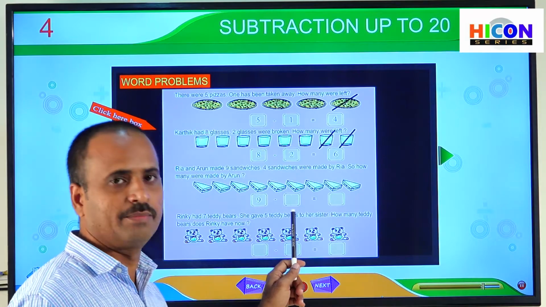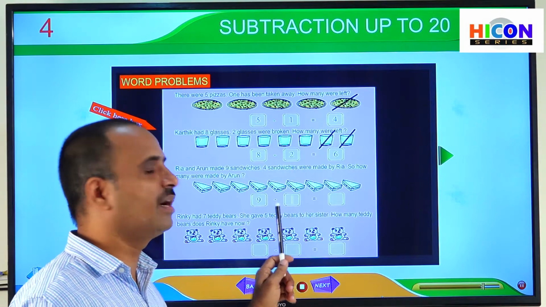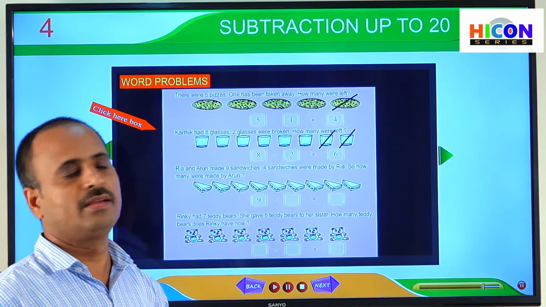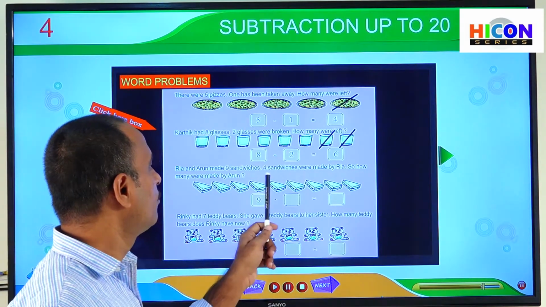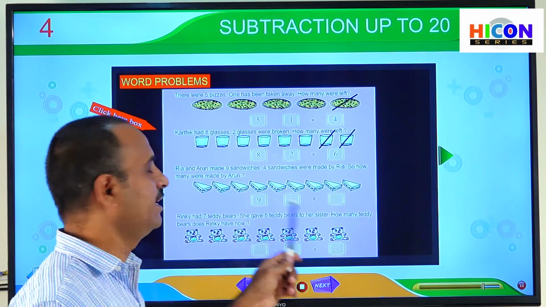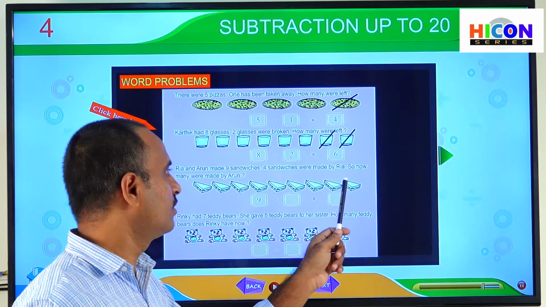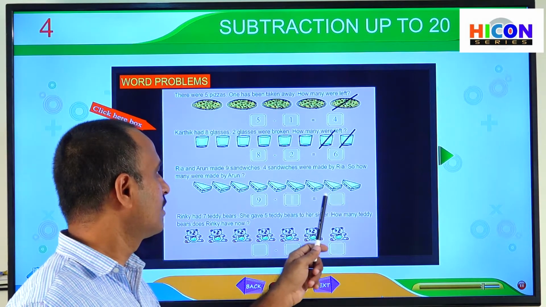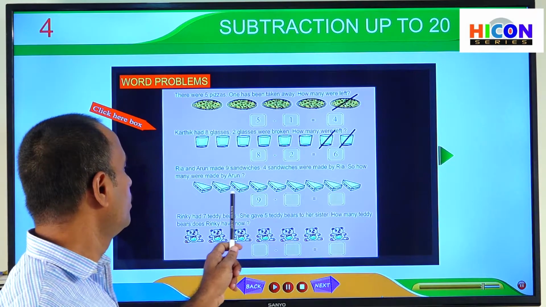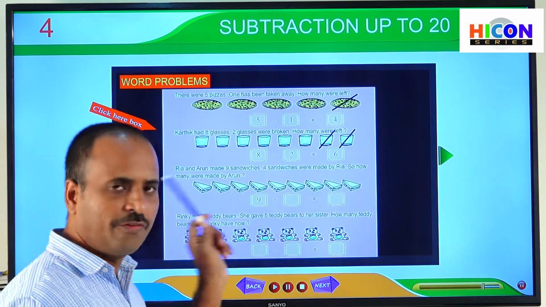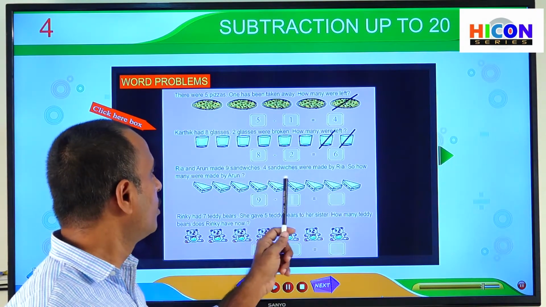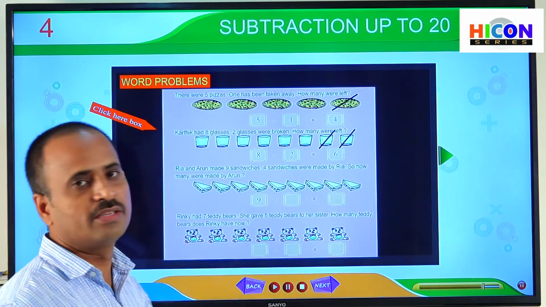Next, what is the second number we have to write here? So, the second number always represents the number of objects to be taken away. So, among 9 sandwiches, 4 sandwiches are made by Riya. So, taken away 4 from the 9. So, if we strike off 4 sandwiches, how many were left there? So, let us count 1, 2, 3, 4 and 5. So how many are taken away? 4 are taken away. So, write 4 in this box.